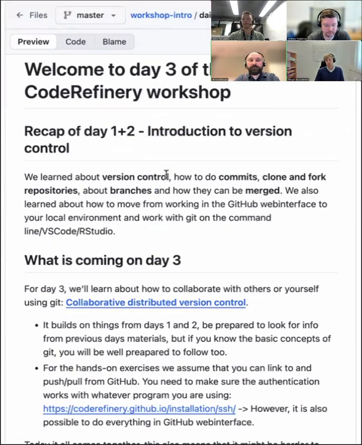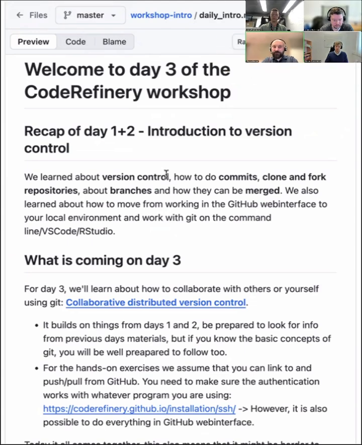And here we are. For day 1 and 2, it was an introduction to version control. In day 1, you got all the terms and managed, even just using the GitHub web interface, to do commits and things like that. For day 2, we moved on to the local computer, which is very important because then you start feeling the power of such a tool: you can work locally, and when you're happy, you can push to a remote place, GitHub, GitLab, your server, whatever, and collaborate with other people who can then pull locally the changes that you did.